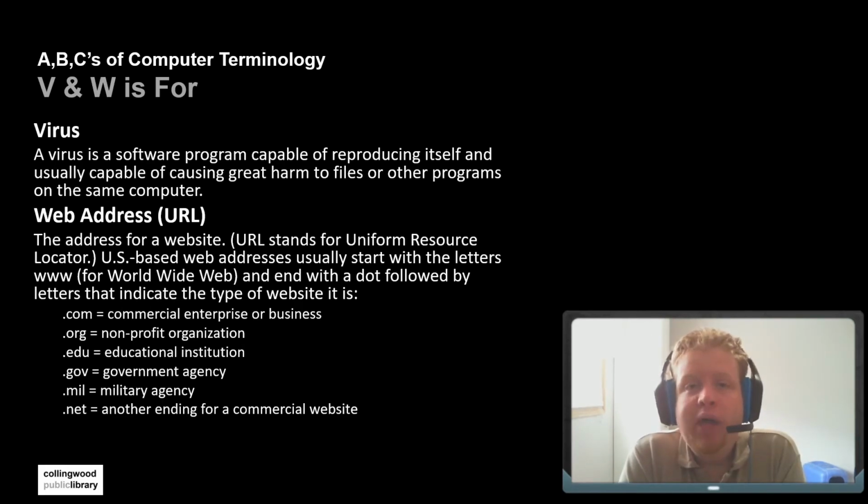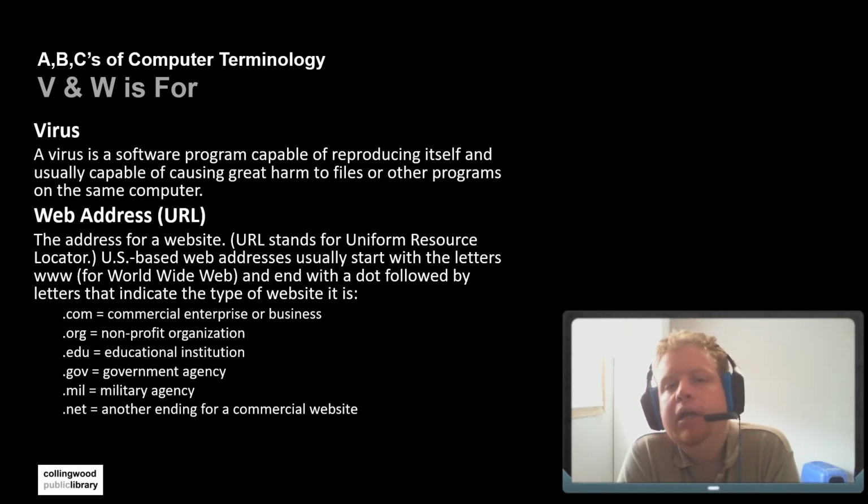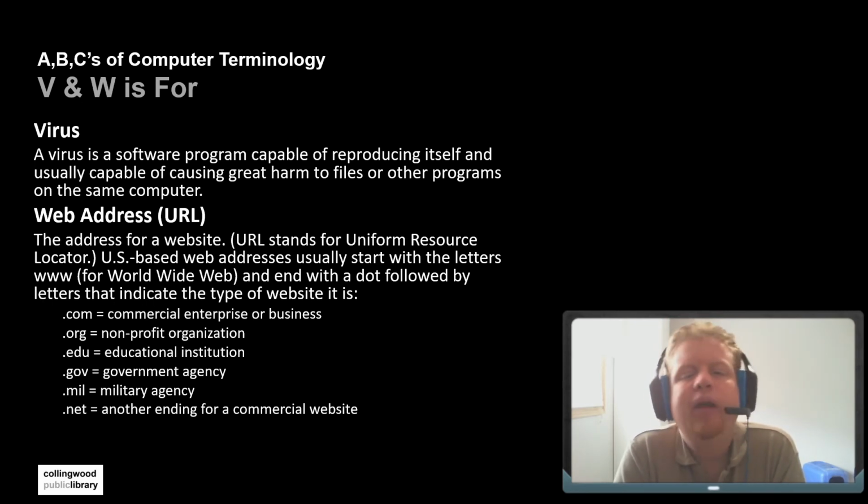So for W, we have web address. So this is an address for a website similar to a street address or home address. This is going to be used to specifically get to the website that we're looking for. And it's generally going to start with www. That stands for the World Wide Web, followed by a dot. Then we're going to put in exactly where we're hoping to go, whether this is going to be Walmart, the Collingwood Public Library,